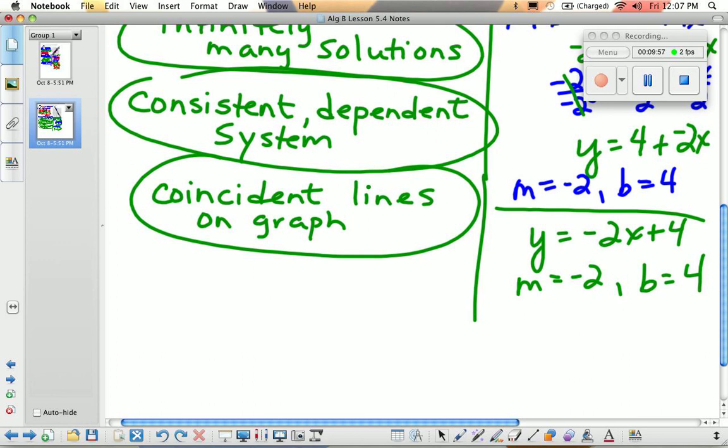So, this is what you have to do in your homework. You have to make sure that you are solving it algebraically and you're solving it by graphing, and then you state what the solution is. What kind of system does that mean it is? And then describe that graph, okay? Just tell me the